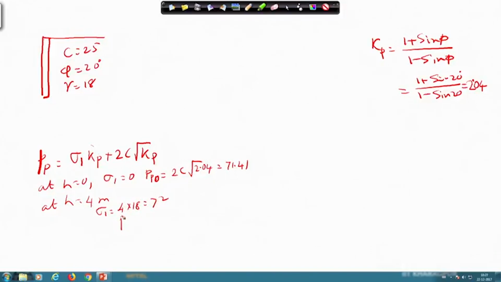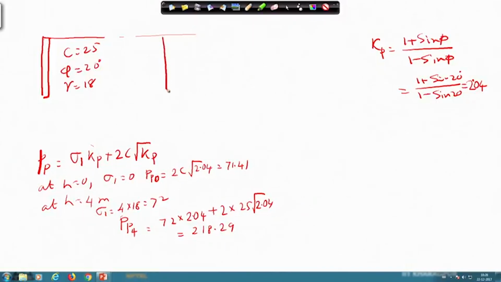So, P at 4 meter will be equal to 72 multiplied by 2.04 plus 2 into 25 multiplied by under root 2.04. This gives the value 218.29. So, if I draw the pressure diagram from the wall,